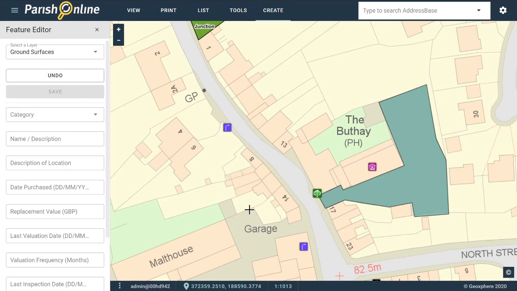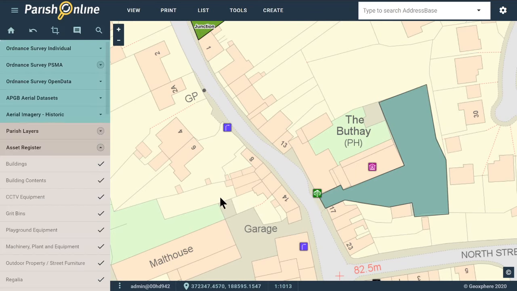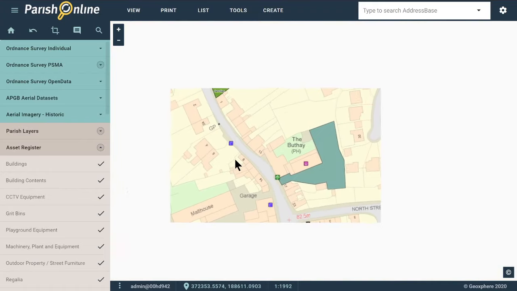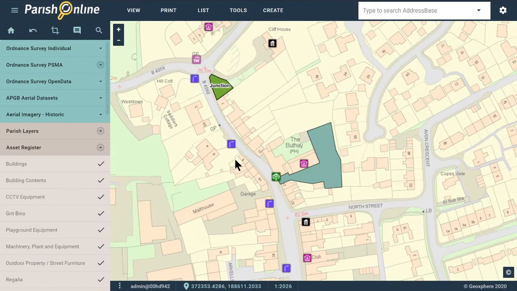So I would always do the geometry first, the shape first, and then I would do the text information afterwards. Okay, I'm going to close that. So we'll recap that at the end, but that is the essence of using the Create tool to add features